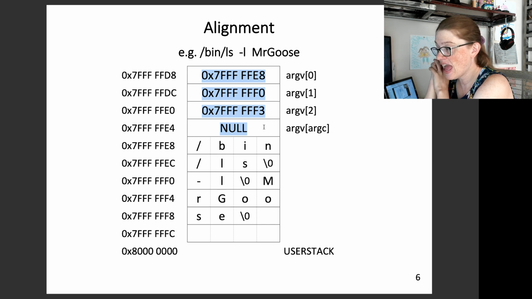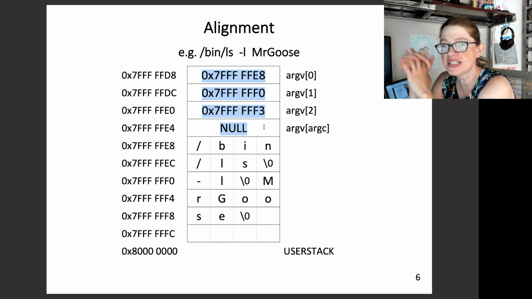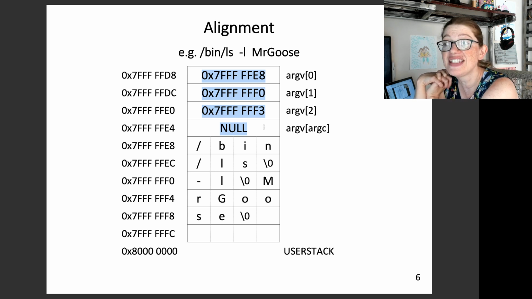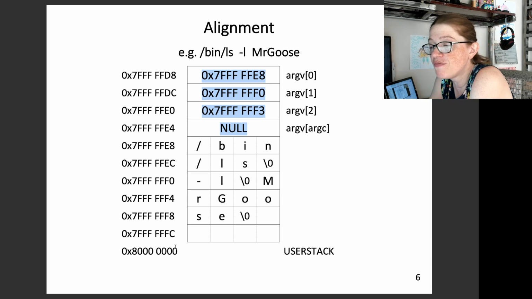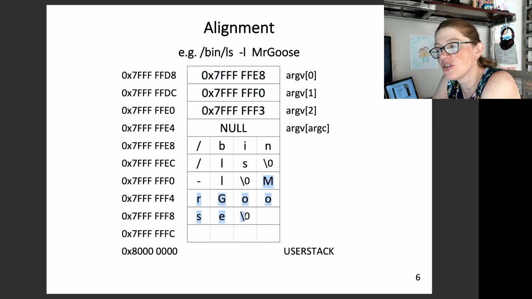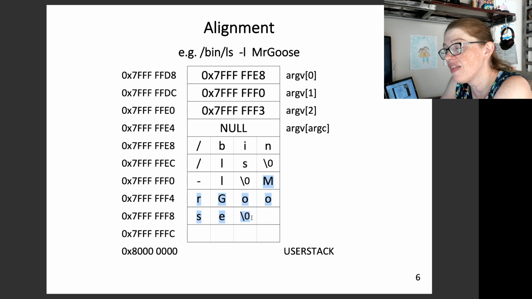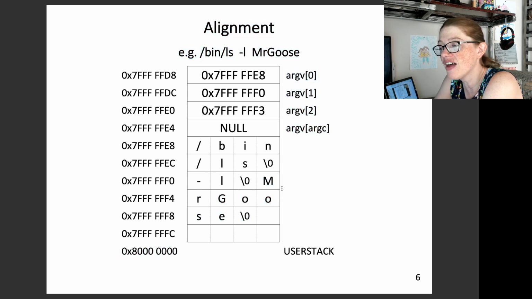The other thing that I want to say, and this is a big mistake people make, is that everywhere else in the kernel you have to allocate memory before you write to it. I'm going to tell you a secret about the stack. The stack's in AS-defined stack. The stack has already been allocated for you, which means that you just have to compute the address of where something goes and write to it. So you are going to figure out where we start writing Mr. Goose, we subtract the length of Mr. Goose, including the null terminator, from user stack,